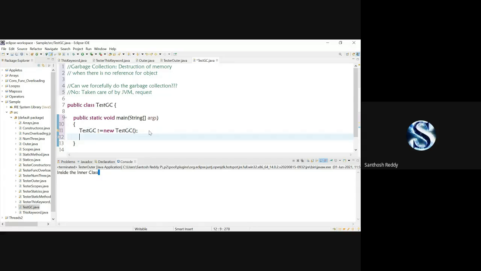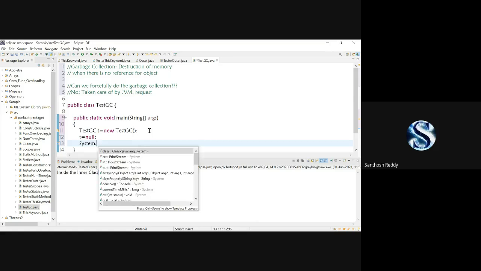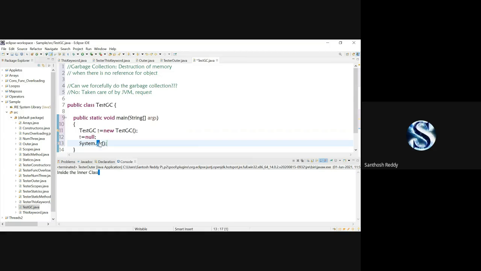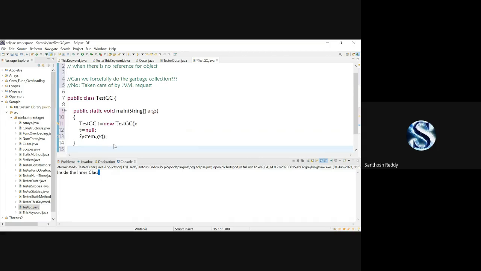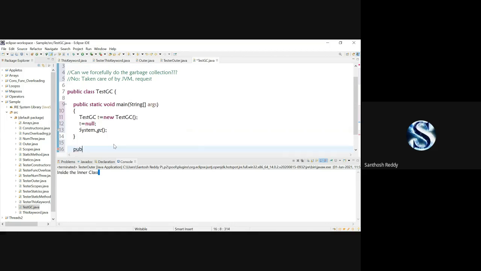Now what I'm going to do, I'll just assign null. Just a simple program for your understanding. Then System.gc. You can check it out. There is a garbage collection method in the System class. You have now called it. When you've done this, we have to write one method which is known as the finalize method.